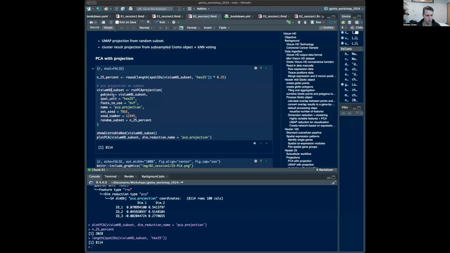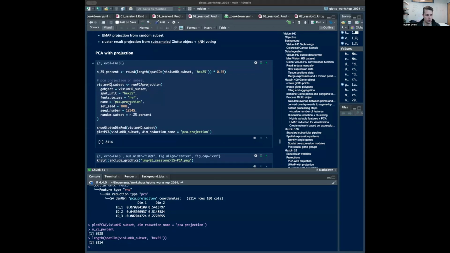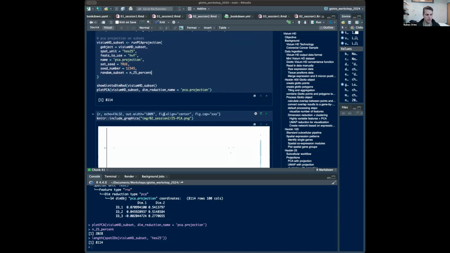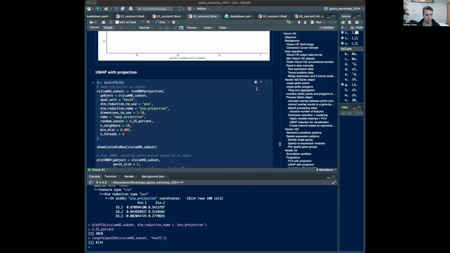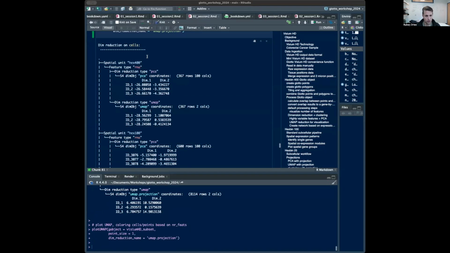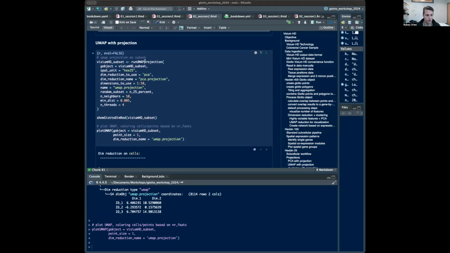And the only thing where it really differs is that I'm going to give it a different name, just to make sure that I know it's a projection PCA, but you need to give it this random subset. And so it's going to run PCA on the smaller subset. And then the next step is going to project it on the large data set. And by doing that, that actually works really well. And a very similar thing you can do with UMAP. With UMAP, it's called run UMAP projection. It's the same as run UMAP, except that you run it on the random subset first, and then you project everything in